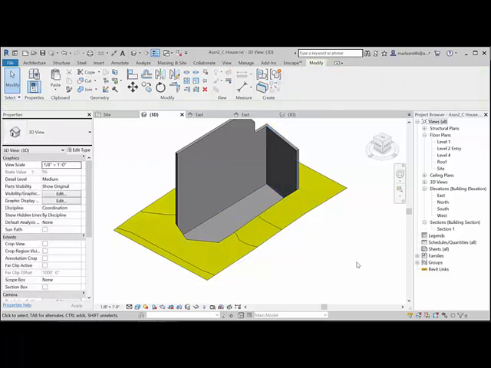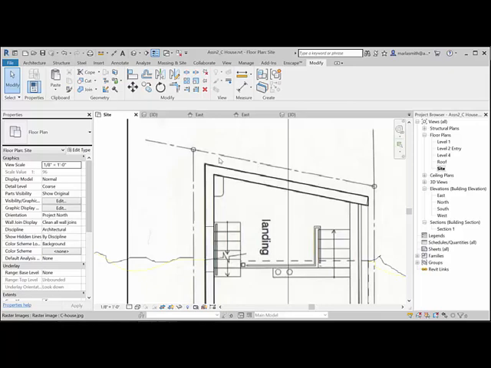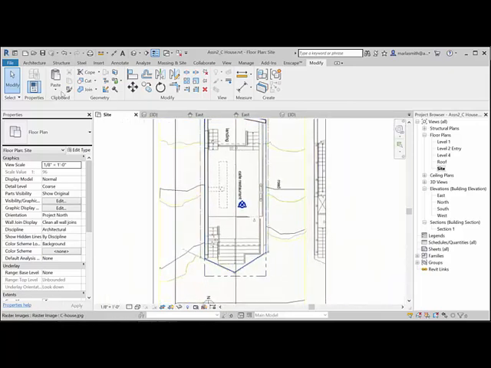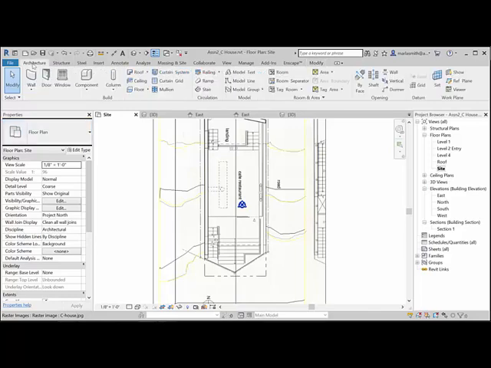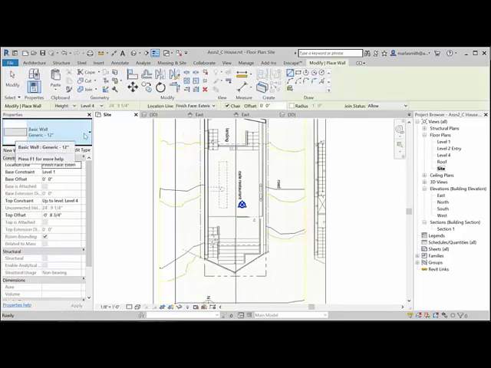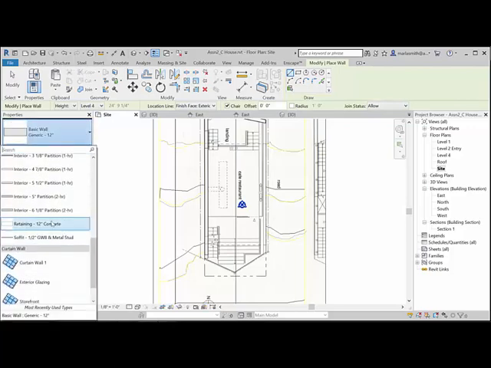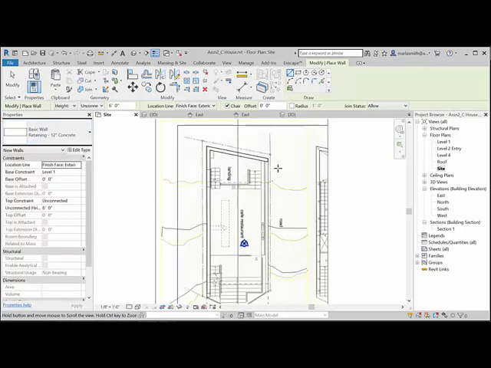So the next thing I want to do is draw that retaining wall. So I'll go to the site plan, and that retaining wall goes all the way from here to here. So I'm going to go into my architecture, wall, architectural, and in the type selector, you go to the pull down, and there is a retaining wall 12-inch concrete. So we're going to pick that one. I'm going to zoom in,